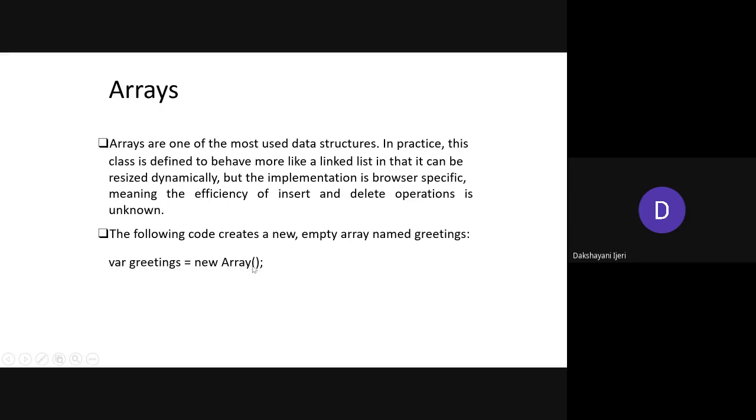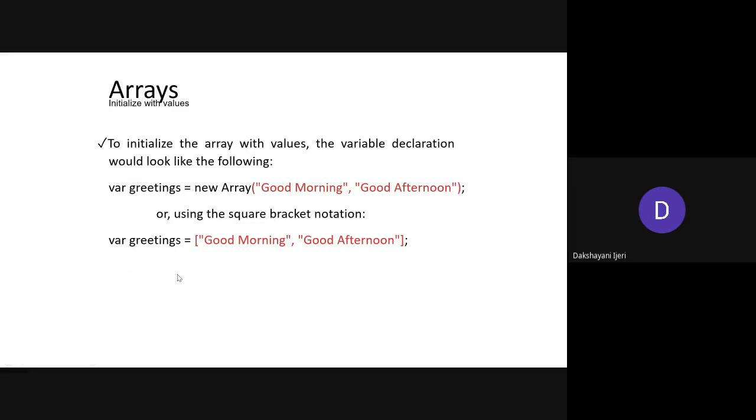If you use it as an array, it is considered an array object. This is how you create an array: new followed by Array, with a capital A, and the parenthesis, if you simply want to create the variable as an array type.